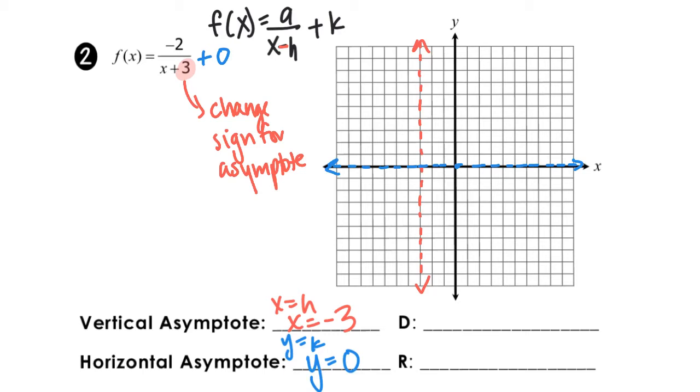Now we can go ahead and graph our original points that we had on our parent function, and that was at 1, 1, 2, 1/2, 1/2, 2, negative 1, negative 1, negative 1/2, negative 2, and negative 2, negative 1/2. So I'm going to list those out again. They were at 1, 1, negative 1, negative 1,